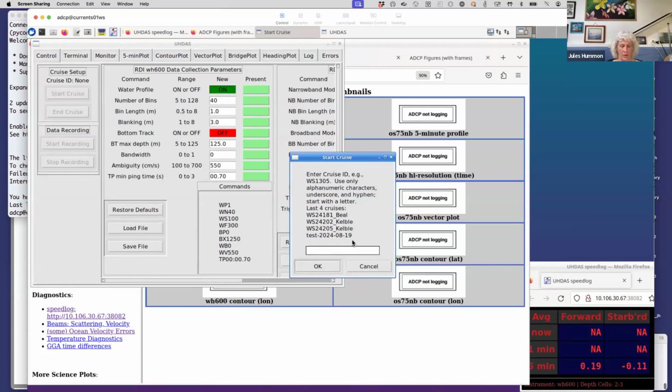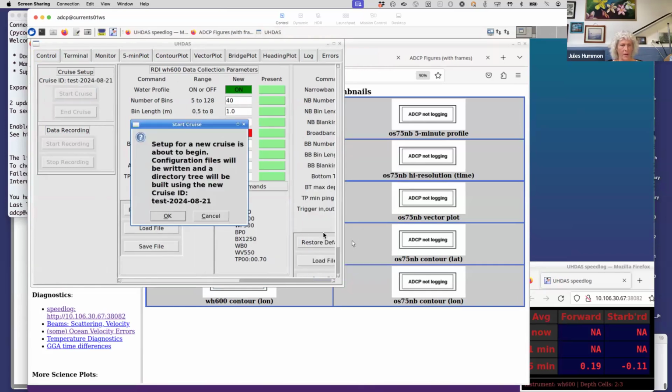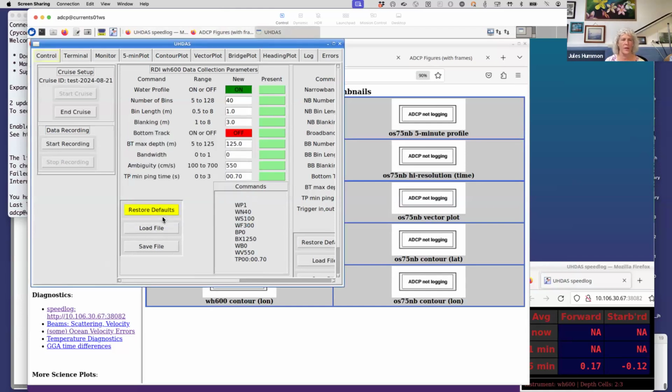So the way you would start a cruise is test 2024 08. Oops, 08. What are we at now? 21. That's our test. Okay. It's just making a directory and filling it up with subdirectories that are necessary for the processing. So at this point, you would